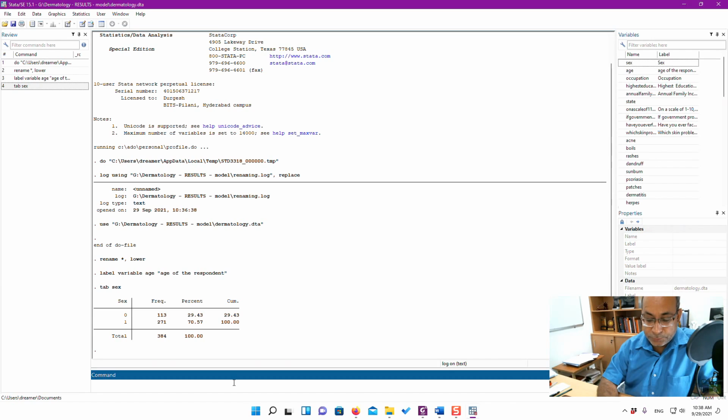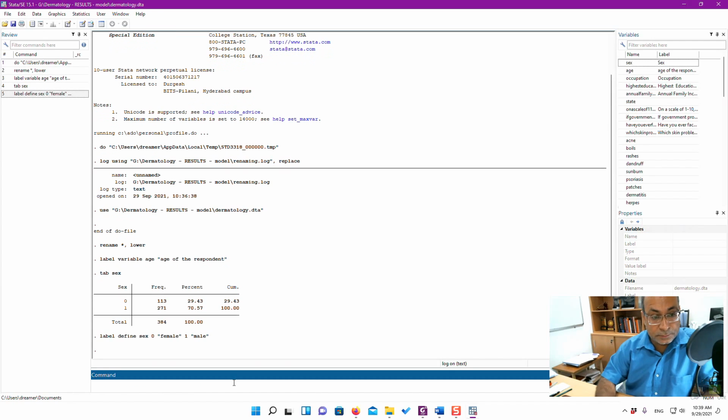So we are going to use the command label define. So you see the difference between labeling a variable and labeling the values of a particular variable. So label define sex, 0 is, let's say, female, 1 is male. So this is done.